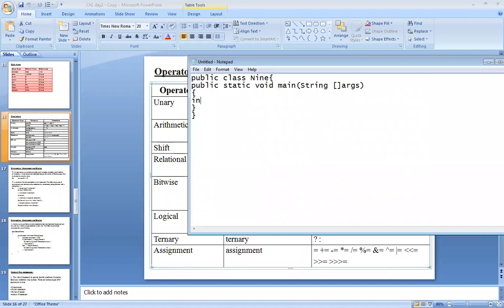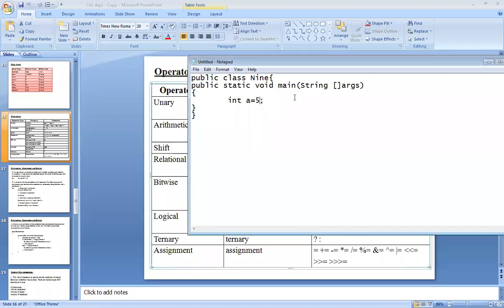Okay, so I will take a simple one, that is one integer. In that I will take a value as a 5. Okay. Now we have to implement the assignment operators. How it works. Very simple logic is there.